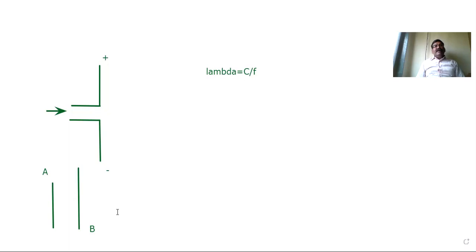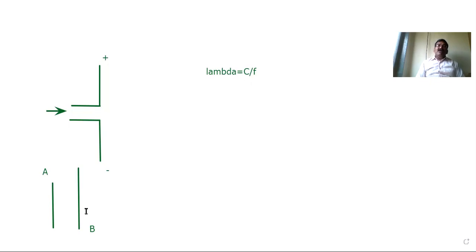But electrically, just look at the word very carefully. Electrically, which antenna is smaller or larger? Now electrically means what? Physical dimension is okay. Now we can see here antenna A is smaller, antenna B is larger. But electrical dimension may be same or may not be. It depends on the frequency of operation. If antenna A and antenna B are operating at the same frequency, then in terms of lambda, it may be true.